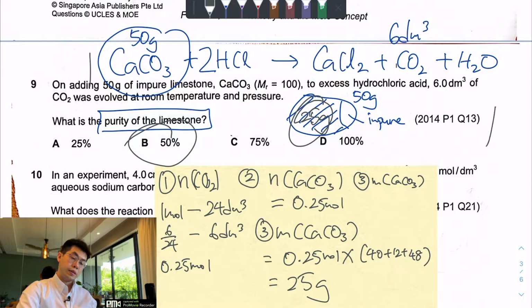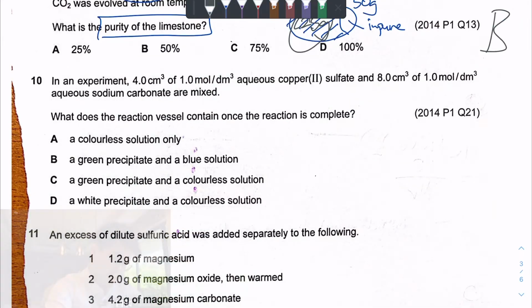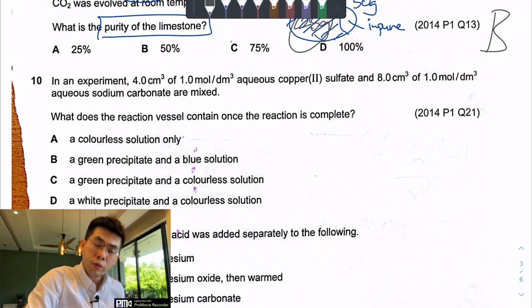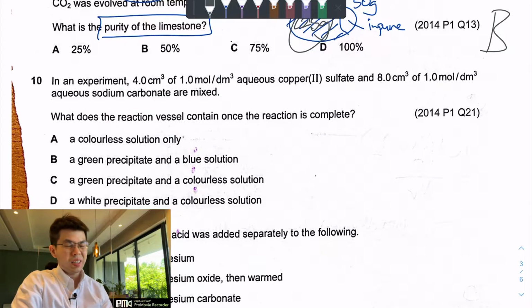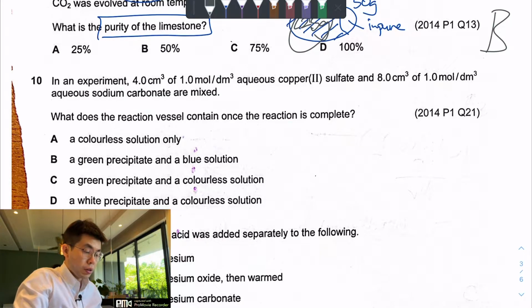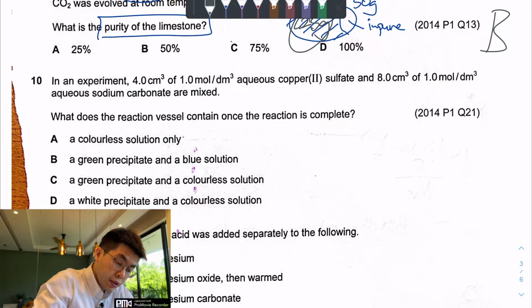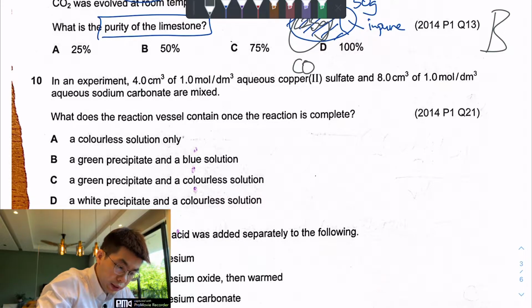So the answer here is B. Alright, okay, next. Now we are at question 10. Question 10 has quite a lot of information that you haven't really learned before, but let's try to do this, okay? What we have here is copper 2 sulfate, the formula is